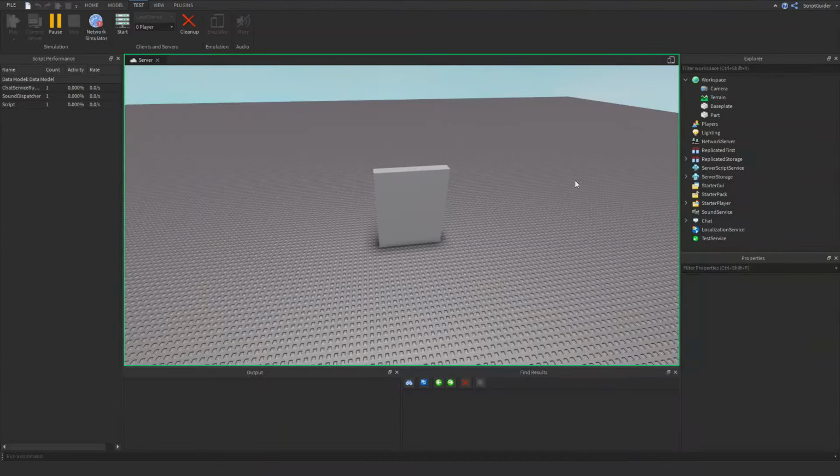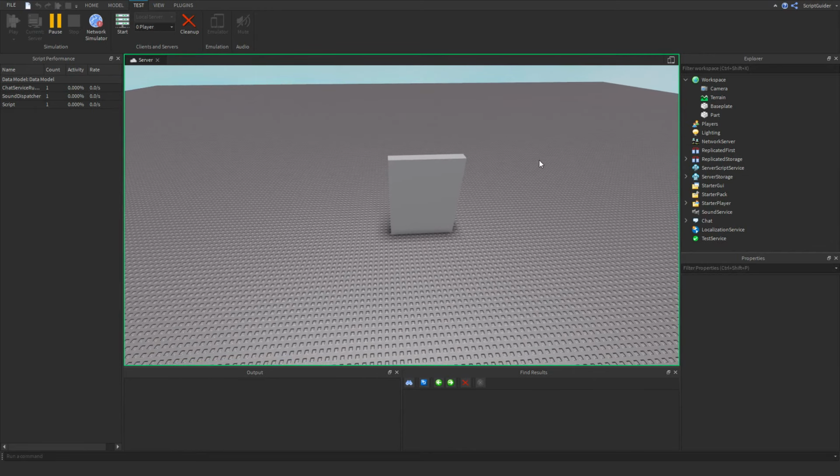Hey guys, so I decided to make this video because I've seen a lot of questions about it, mostly on the Scripting Helpers Discord, and it involves basically how do you animate things, or how do you smoothly transition the properties of some object. And immediately I would say my response to that is to use TweenService, because that's what it exists for. But there's a lot of times people, for some reason, don't want to use TweenService, or they